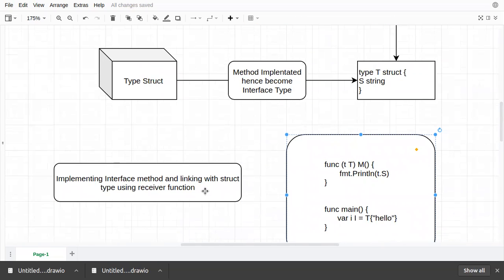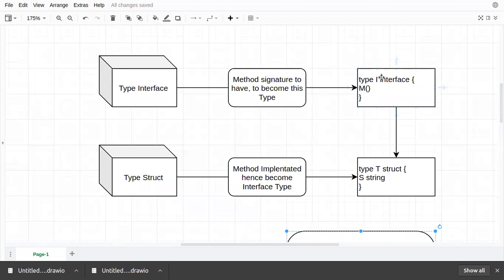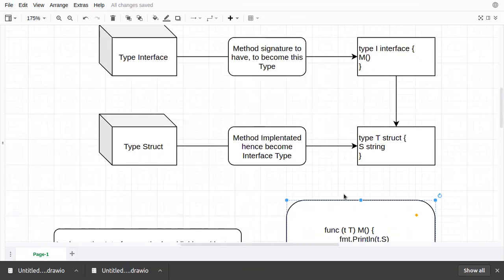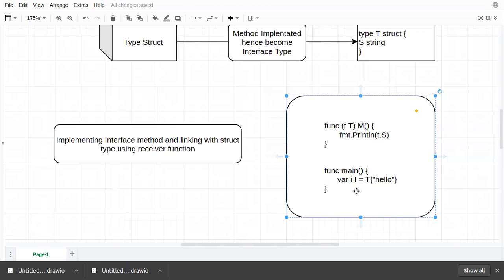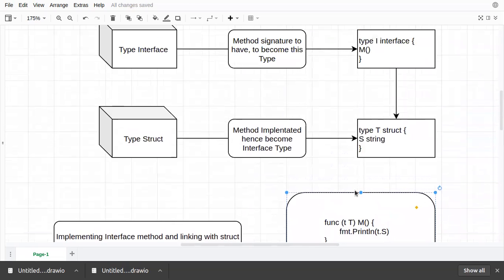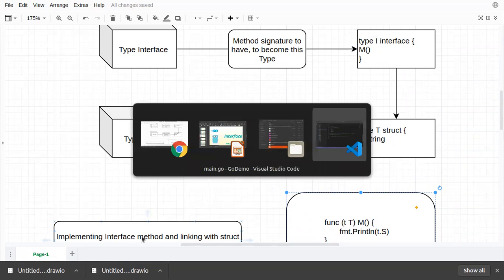So what is the advantage of this one? Why do we need to follow the interface method definition so that we are implementing the interface? It's fine. And we are giving the reference of I, that is also fine. But what is the advantage of this way, creating the interface under the type and matching with the interface signature? For that, we will just go to the code and we will understand where it actually implements the DRY,